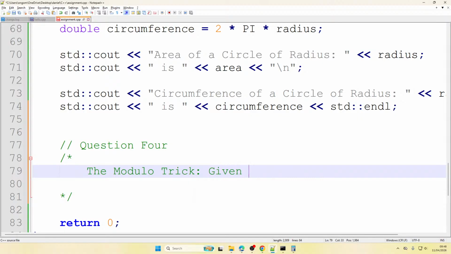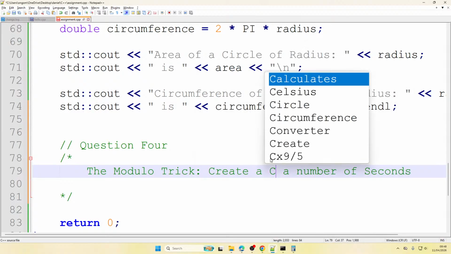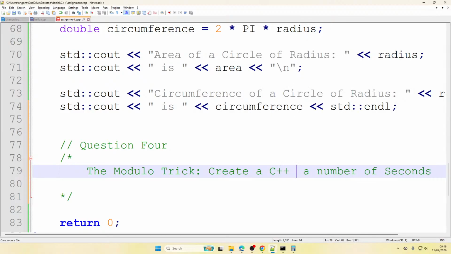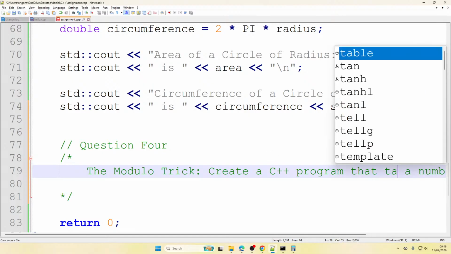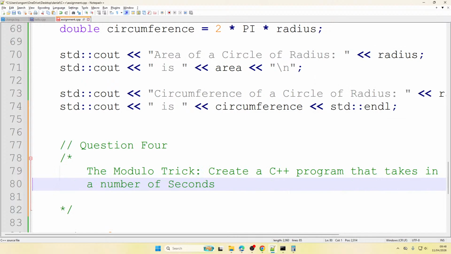So given a number of seconds, let me just create a C++ program that takes in any number of seconds